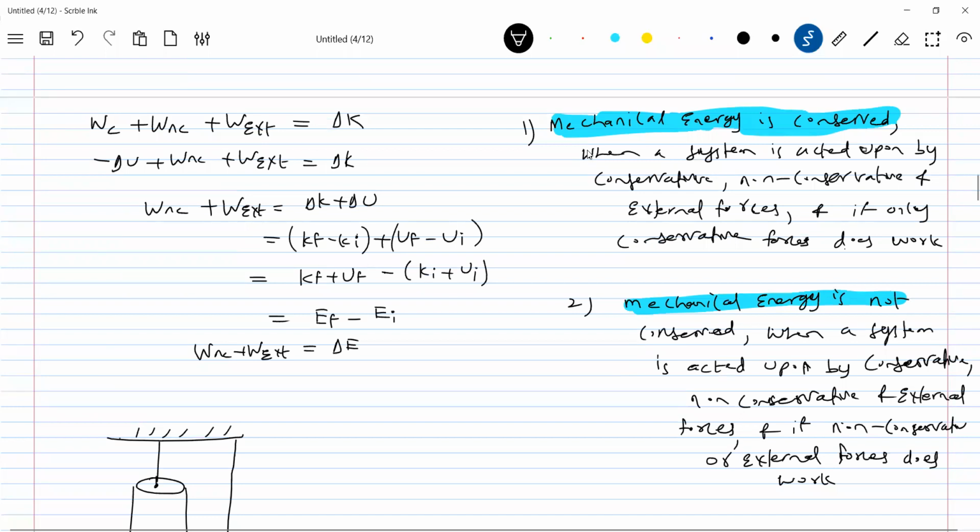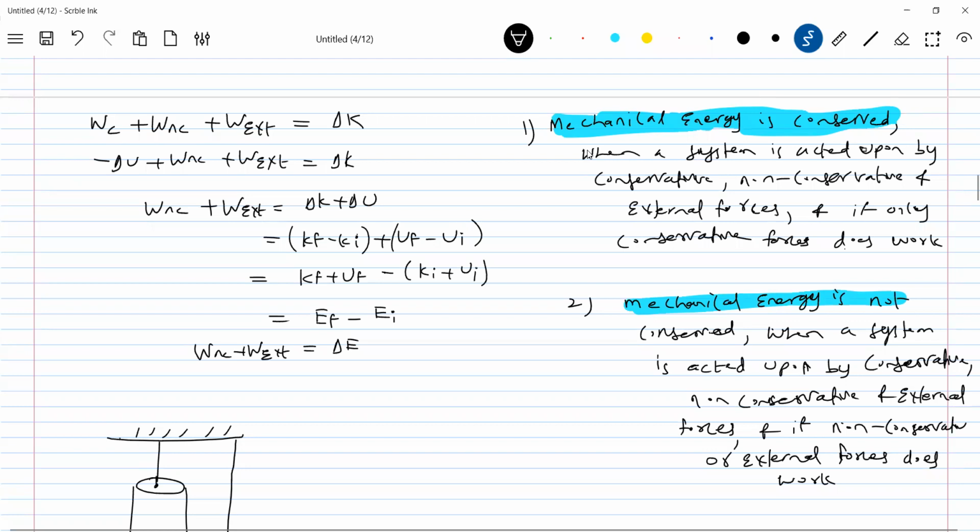So what we are going to work out now is, under the action of all these different types of forces, can you apply conservation of mechanical energy or not? Or how to apply the Work-Energy theorem? That will be the overall discussion of this whole week. We are going to explore all the possible forces, also bring in pseudo force. So under the action of all these forces, can you apply conservation of mechanical energy or not? Then if conservation of mechanical energy is not possible, how to apply the Work-Energy theorem?